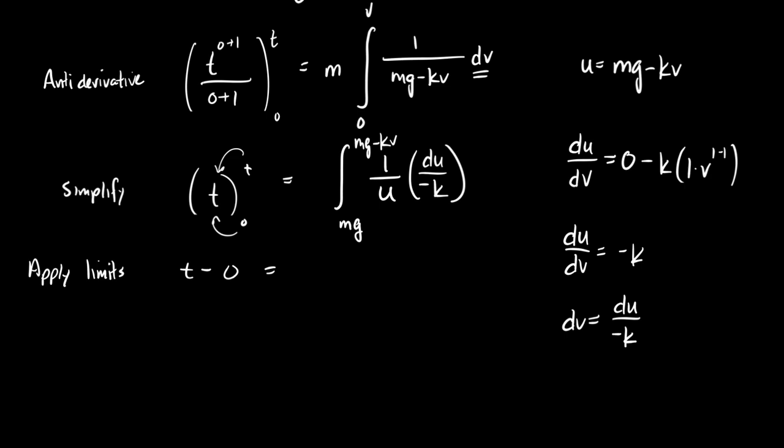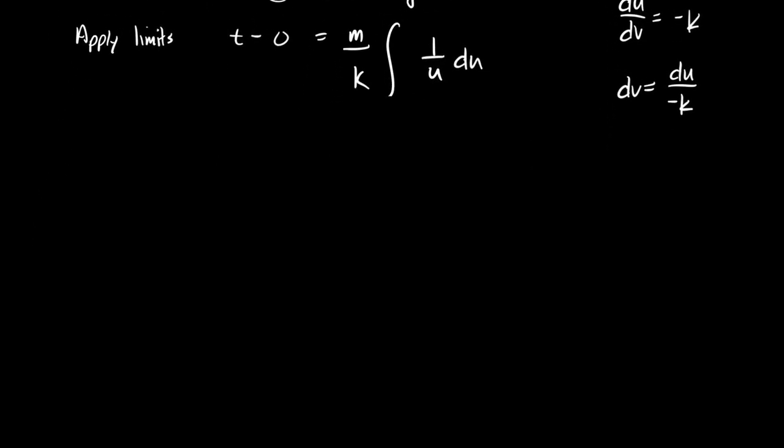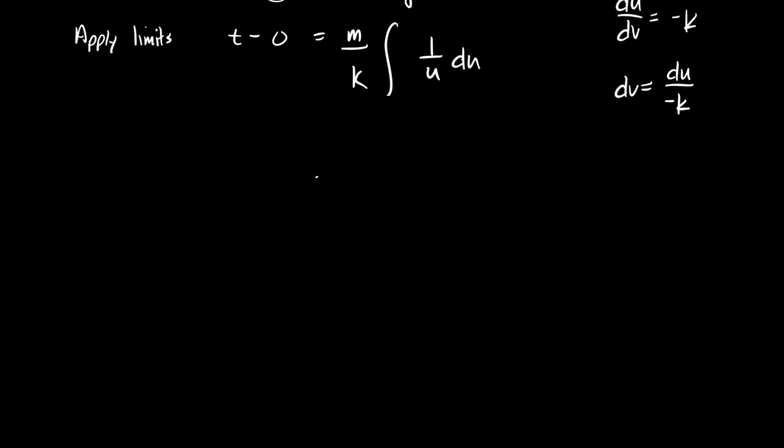That's u sub. That's how u sub works. The first thing I notice is that I have a new constant sitting in here, minus k. I can just take that out because it's a constant. So I'm going to get m over k in the integral of 1 over u du. So this one's easy now, right? It matches exactly what we know. So we can go ahead and take the antiderivative and get,